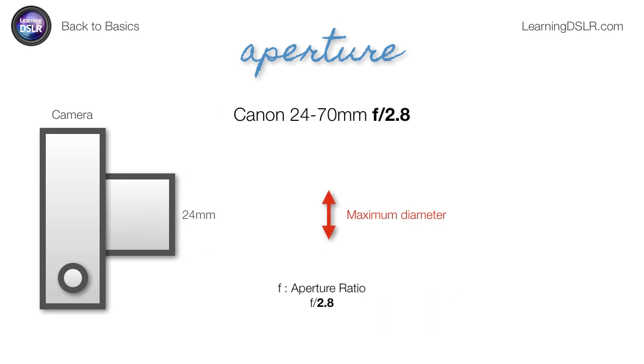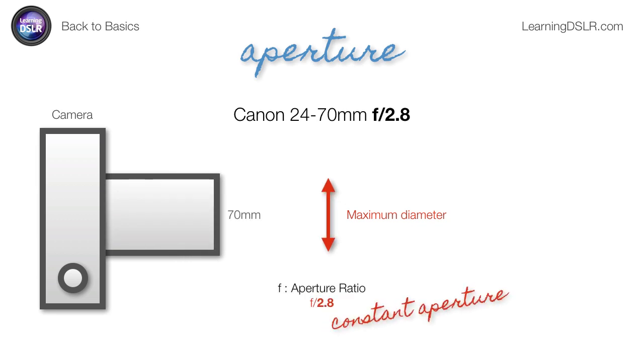And a pro lens, let's take an example. A very popular one is the Canon 24 to 70 f2.8 L. I didn't put the L there, but it means pro grade lens. And again, there's more to a pro grade lens than this, but one of the important aspects of pro grade zoom lenses is that they offer a constant aperture. So as they zoom from 24 to 70, it stays f2.8 throughout the entire zoom range. That's a lot tougher to build and calibrate. And that gives them the benefit of having